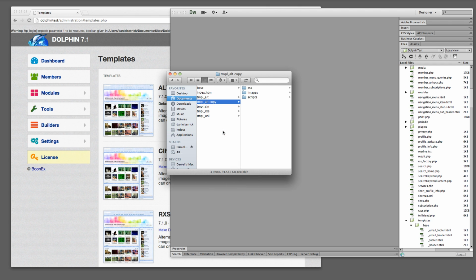Okay, Mac has a good duplicate feature. And first we're going to rename it. So let's just call this one, I don't know, let's do a test, TST. Okay, so the first thing you're going to want to do